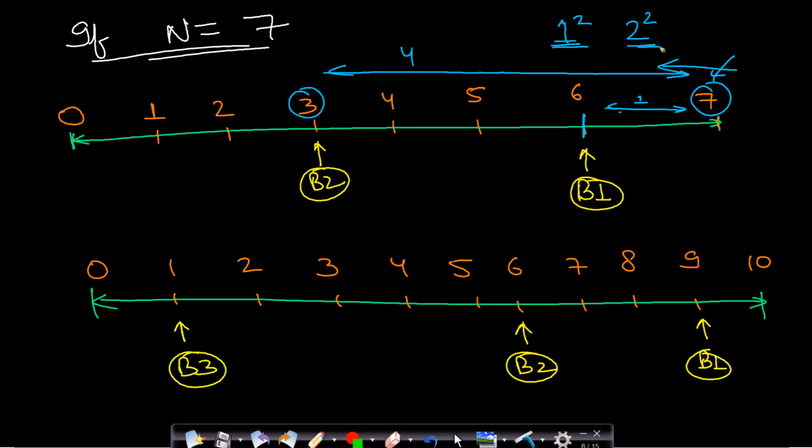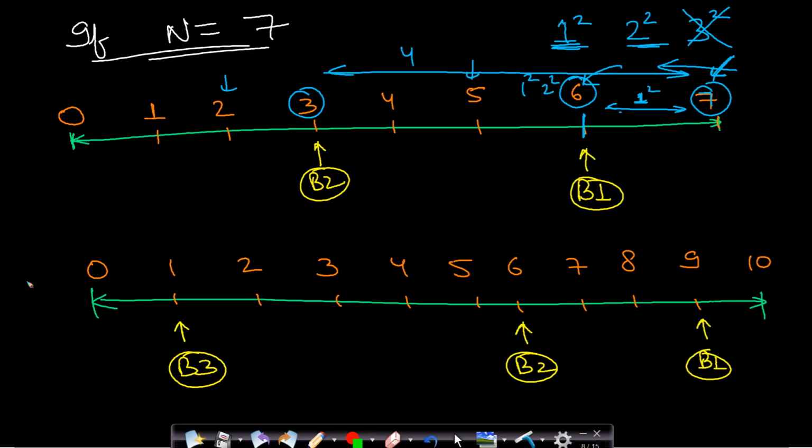And what will be the next breakpoint if you consider this 7 as your starting point? This will be 3 square. 3 square will be 9, but 9 will be out of bounds, so you cannot do this breakpoint. So there are only 2 breakpoints if you are starting at 7. But let's say you used this 1 square breakpoint and went to 6. From here you can again do a 1 square breakpoint or a 2 square breakpoint, choosing this 5, otherwise this 2. So this is a recursive process actually.